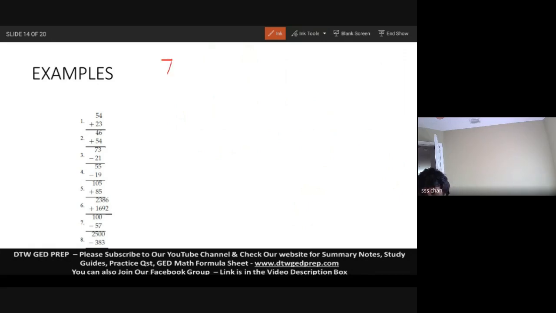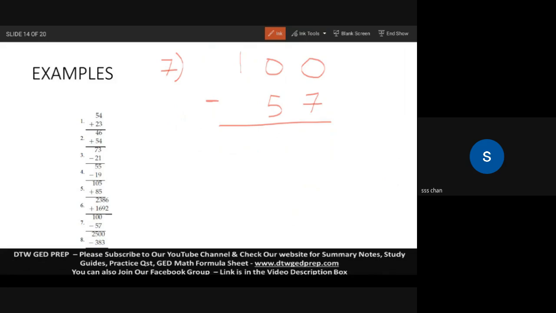For the 7th one, we have 100 minus 57. Now, of course, we start from the ones position. 0 minus 7, you cannot take away 7 from 0 because 0 is smaller than 7. So what we have to do, we have to go and take from,